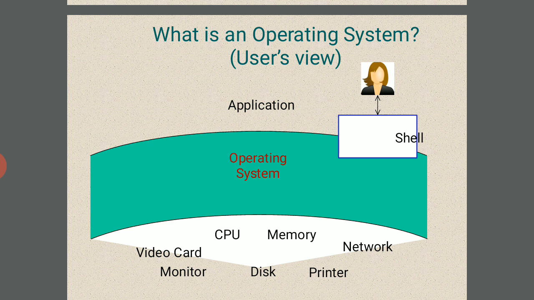We already know the CPU, central processing unit, which has the arithmetic logic unit, memory unit and control unit. Memory is RAM and ROM: RAM is random access memory, ROM is read-only memory. Network means one system with different types of clients, thin clients, attached to a server. The video card and monitor let us run a program and see it on the computer.